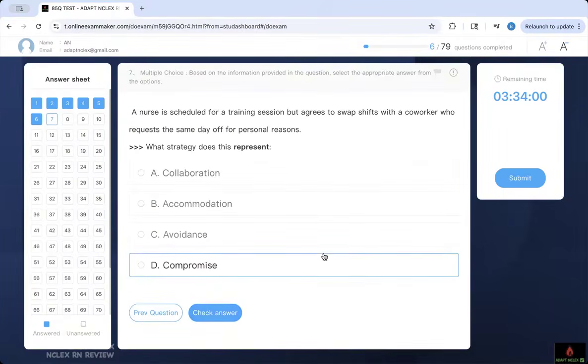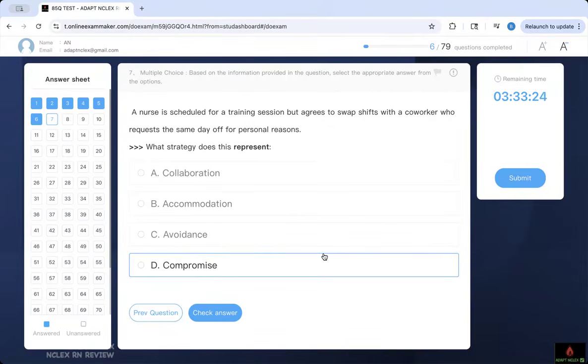Indifferentness. A nurse is scheduled for a training session, but then agrees to swap shift with a coworker who requests the same day off for personal reason. Think about it. I'm going to go to the training. Another person says, oh, let me take your shift because I have personal things to do. What are you doing? Collaborating, accommodating, avoiding, and compromising. These are words, if you think about it, you can see that it makes sense. Avoidance, she did not avoid the meaning,